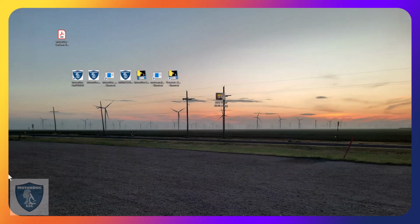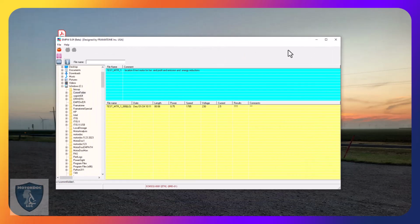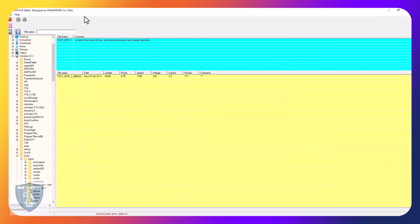So let's go ahead, and I have the software started. We're going to go through the setup. So, and we're going to take a look at this as well. So I've created a COM folder, and you can see I have other stuff in here. And as I talked about, we're going to call this one Box 1 and Channel 8. Now under Box 1, I can have all 32 channels in there. So let's go ahead and